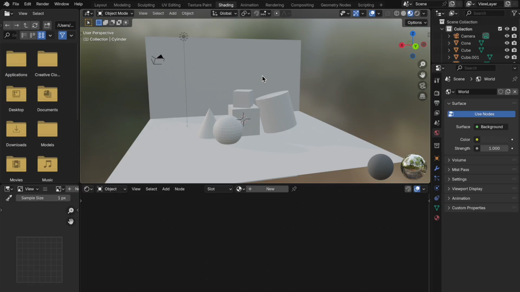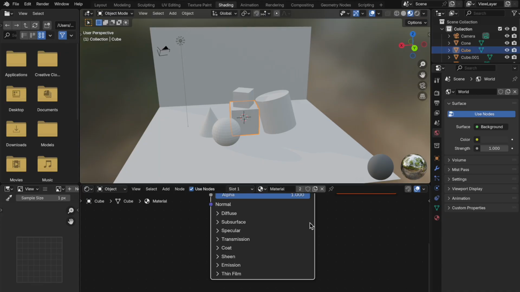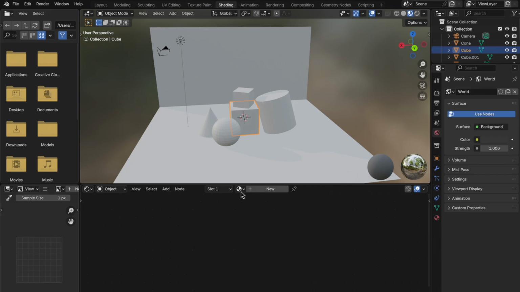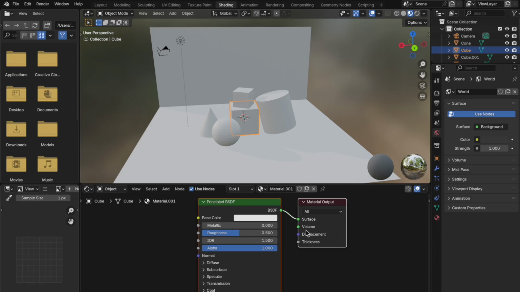Okay? Now, in the shading editor, let's add materials to one of our objects. So for me, I'm going to just use the cube as an example, right? And you're going to see nothing here. There should be nothing in this area of your screen. And what you're going to do is hit new. And so this node will now pop up called principled